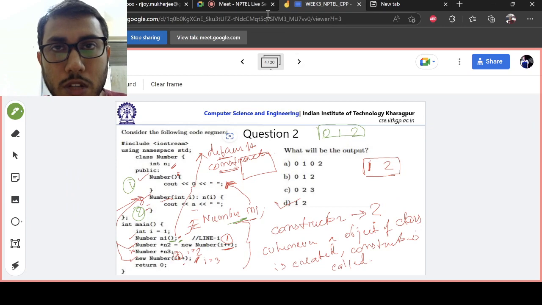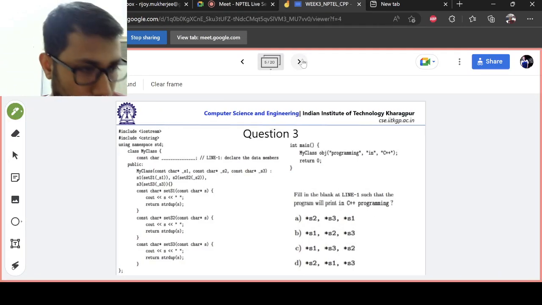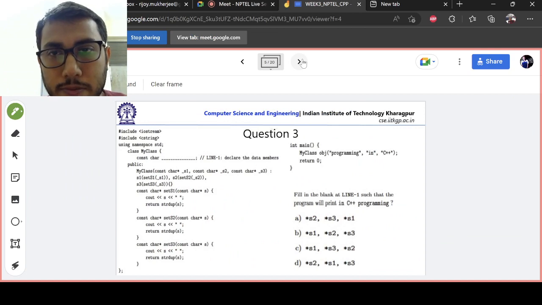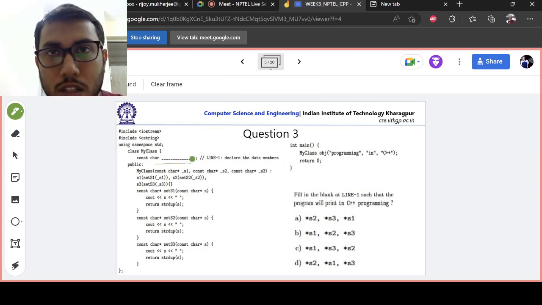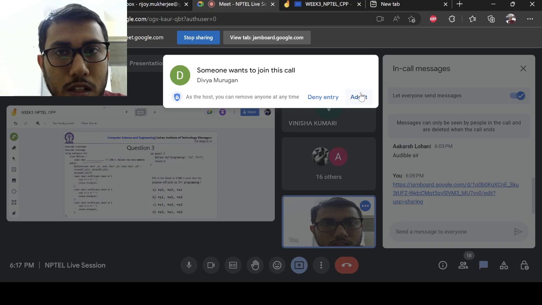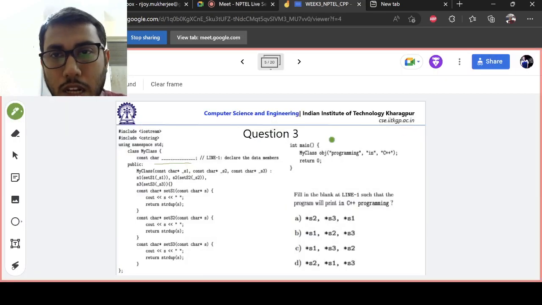Okay, so let's go to the next one. So you have been given a class here, which is called MyClass. It has got a constructor. You can see the constructor here, and it has got